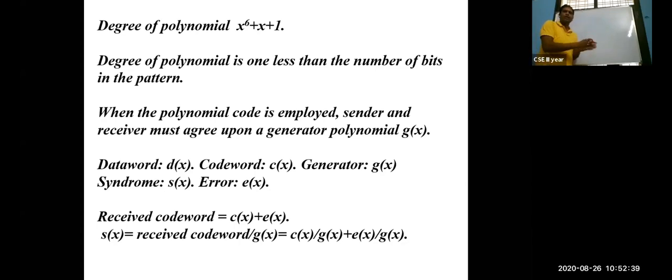Now here is my received word. I'm talking about it because error has to be detected on the receiving side, not on the sending side. Something has been received. What is received? The code word should be received. C of x is sent by the sender, isn't it? Sender sends actual data plus CRC bits generated. All put together is called code word, C of x. So receiver should receive C of x. Let us assume